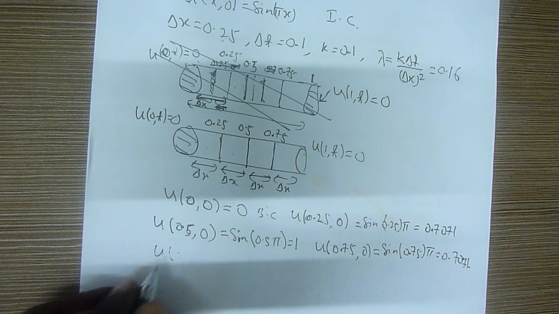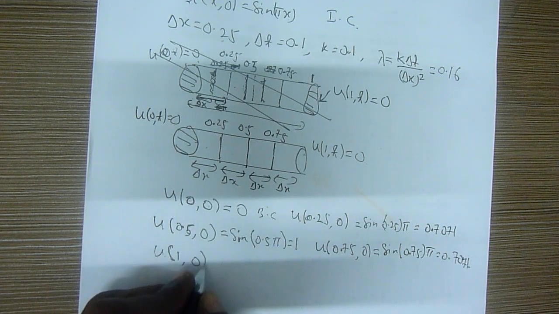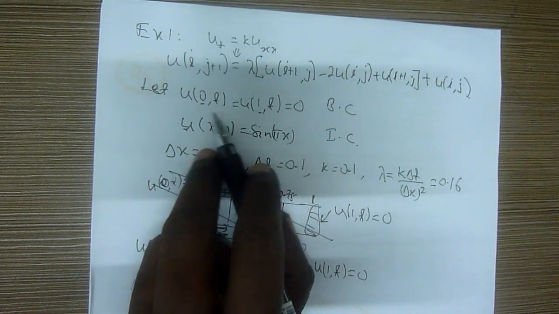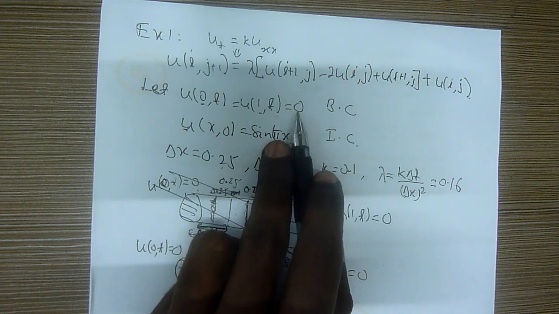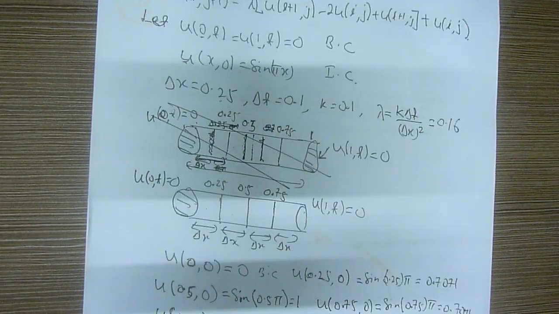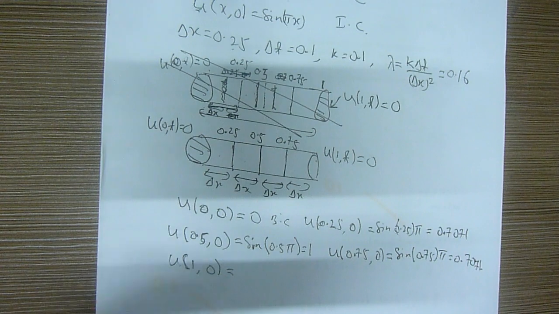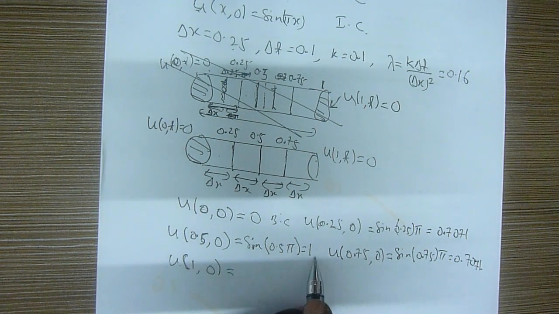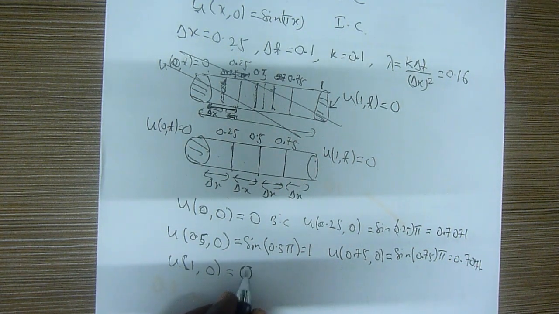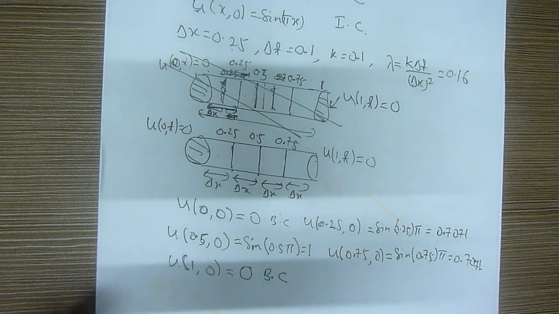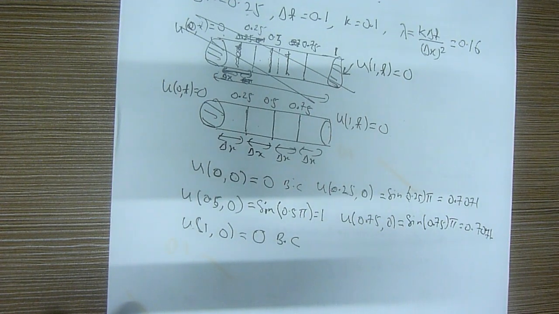Okay, what about this? Sine u at 1, 0. Can I challenge this? See, the boundary condition has been set. I cannot challenge this. It's a 0. But coincidentally, sine of 1 pi is also a 0. Coincidentally, remember, it is a 0. But again, you cannot challenge the boundary condition. The boundary condition must be complied with. Okay, if this is the case,